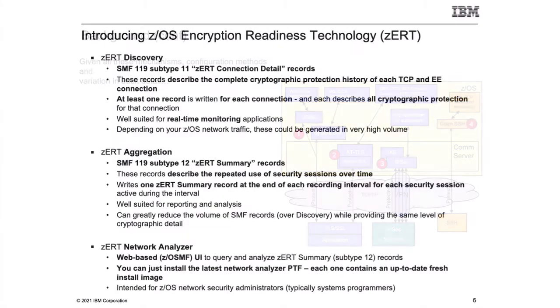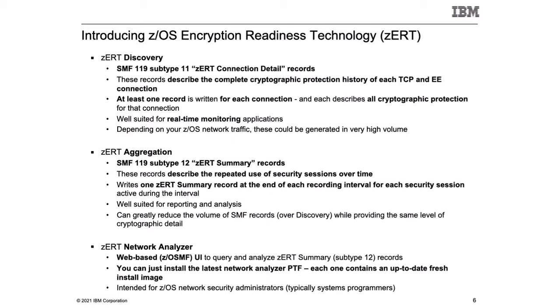This is where z/OS Encryption Readiness Technology, or zERT, comes into play. The initial deliverable of zERT was shipped back in z/OS V2R3 and has been augmented with additional capability along the way. zERT provides two different flavors of SMF 119 records: a subtype 11 record known as a zERT connection detail record, and a subtype 12 record known as a zERT